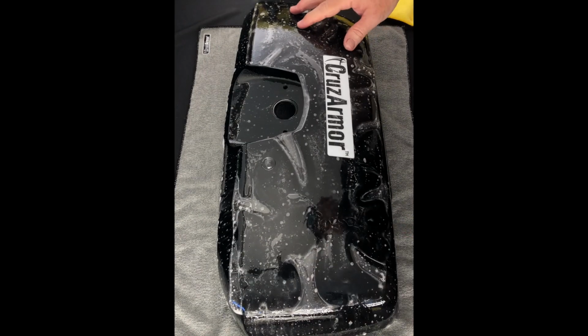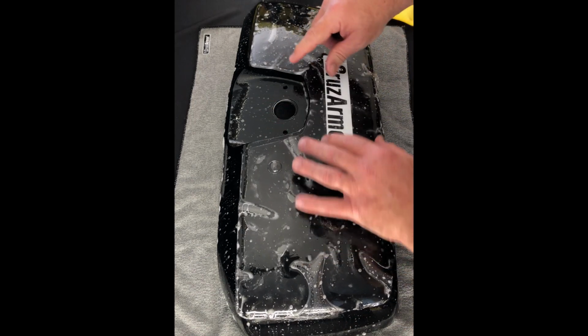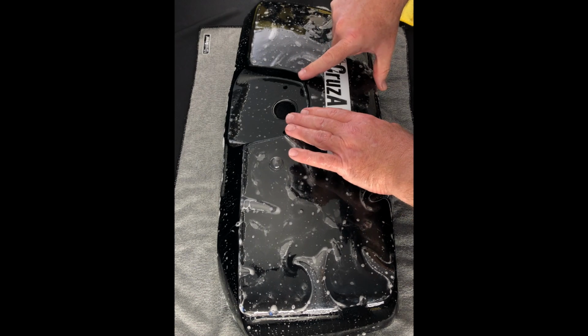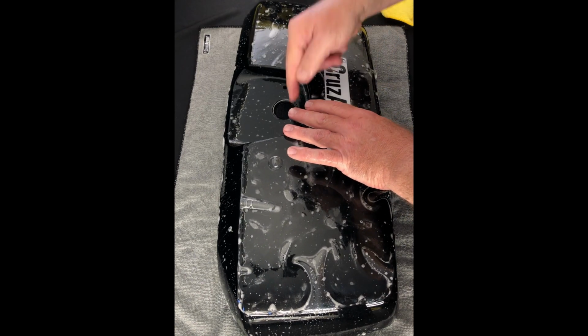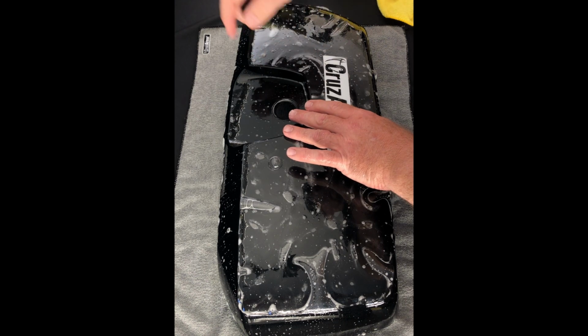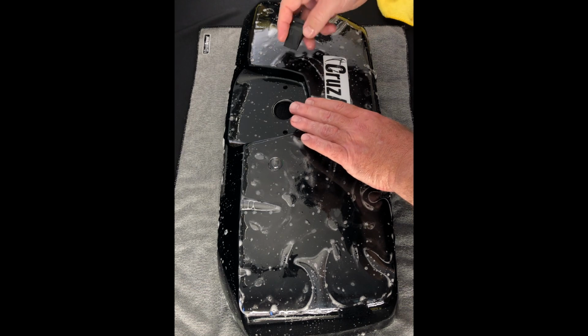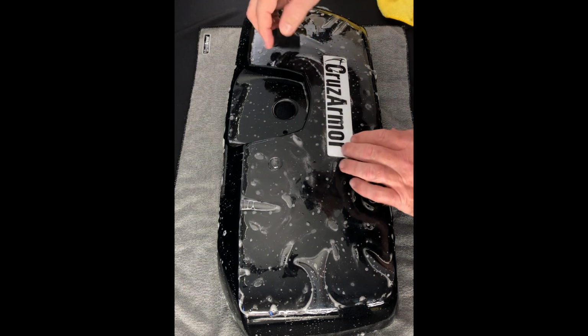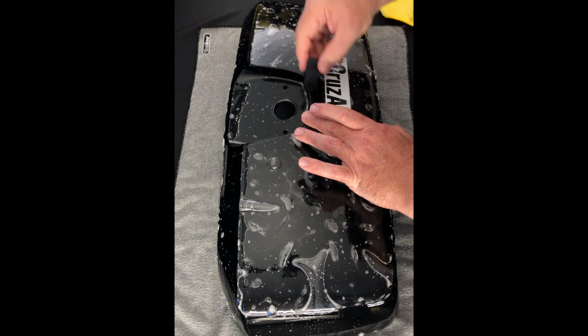And then just lay it on there. And what we're going to do is just start in this area around this handle. You just want to line it up, give it maybe a 1/8 of an inch gap around there. You don't want it hanging over in there where you might be catching the lip of the film every time you go to open your bag. So give it about a 1/8 inch little gap, and then just go ahead and start squeegeeing